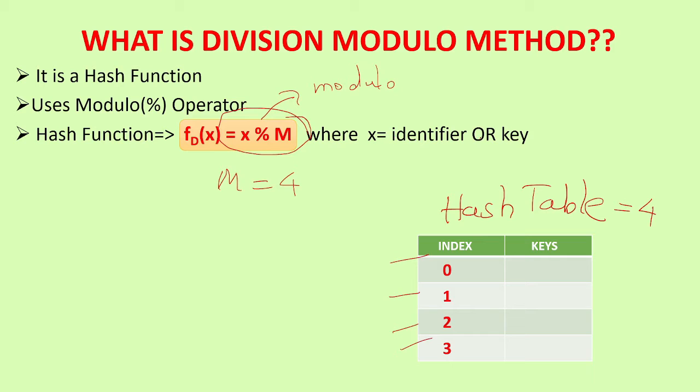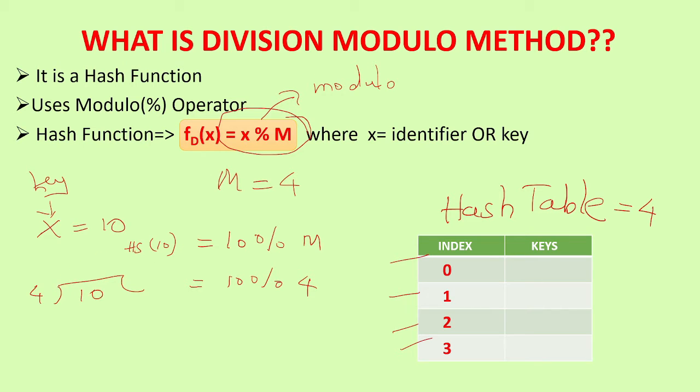So suppose x or the key is 10. x is nothing but a key which you want to insert inside the hash table. 10 modulo m. So hash of 10 is what? Where will 10 be stored? 10 modulo m, where m is 4. So you calculate 10 modulo 4. Normal division you need to do. 4 twos are 8. Remainder is 2. So we can easily see over here the remainder is coming 2. So this key 10 or value 10 will be stored at index 2.